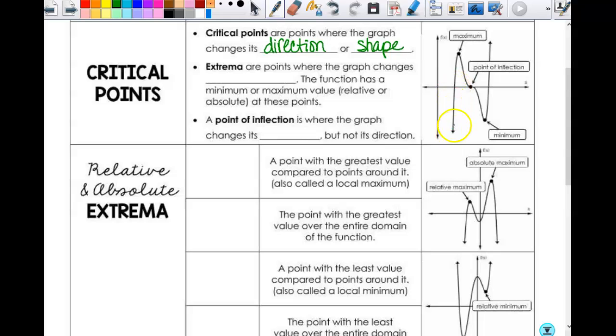Here we don't change the direction, we just change the shape. And then here we change direction. Critical point. We have a minimum or maximum value. So the value, remember what I said, if you're going to find the value,